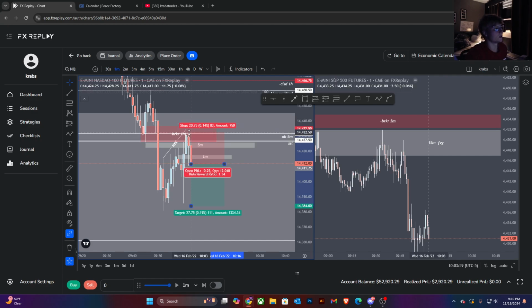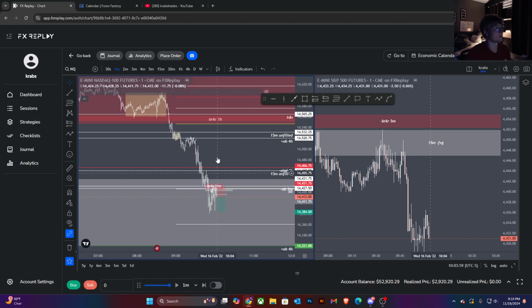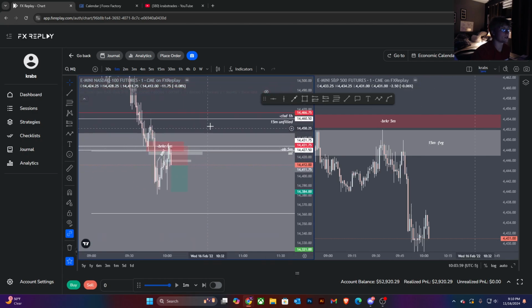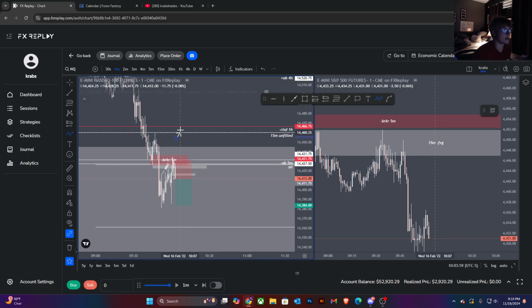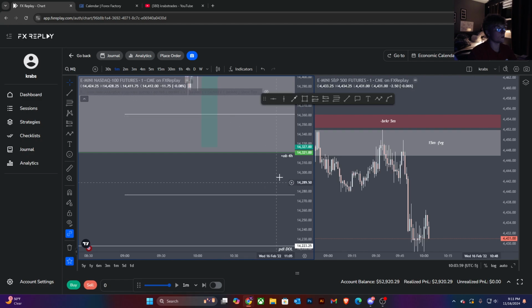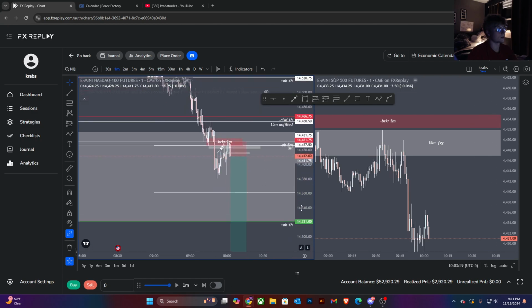It does look good, but I just don't like how low we are. Shorting here is not A+. It's not A+ short, no matter what. It would be a nice continuation model if we did tap into this unfilled 15-minute fair value gap and then get this model, but that's not the case, so I'm not gonna take it. We're gonna forward test it though. Previous day low, but yeah, I'm not in this.